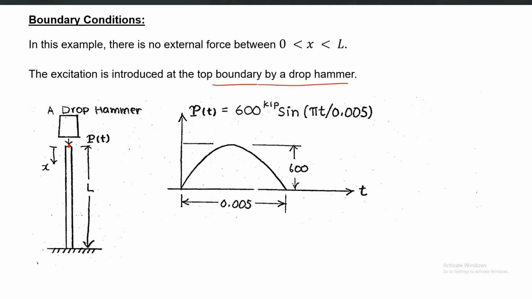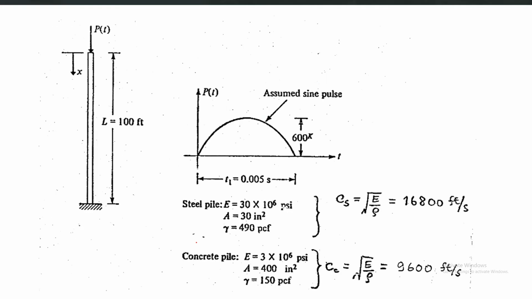Let's assume and actually calculate F1 and F2 functions for one example case. So let's say that we are given the impulse force, and let's say that it looks like a half sine pulse with an amplitude of 600 kips, and the duration of that impulse is 0.005 seconds, very short impulse. And let's try to calculate the F1 function, the solution basically for this example case. The very first thing which we will do is to calculate the C value, because F1 is a function of x minus Ct. So C will be appearing here also.